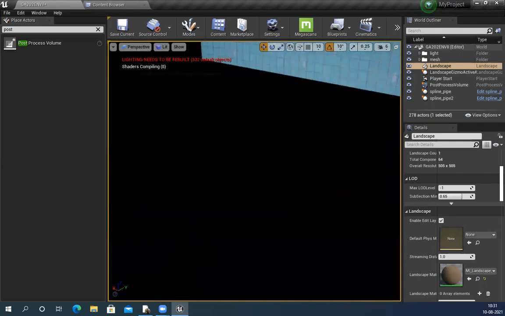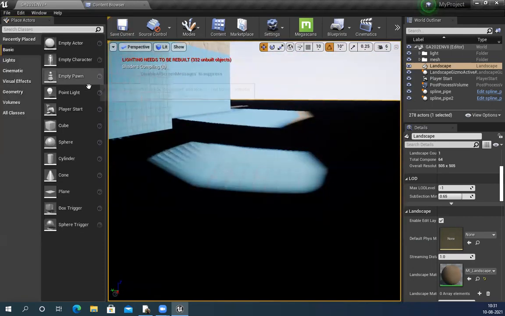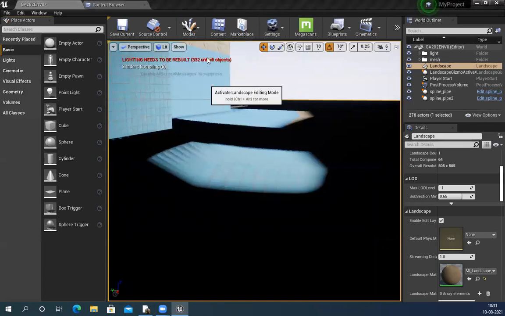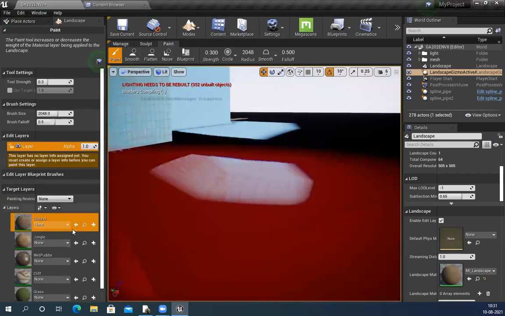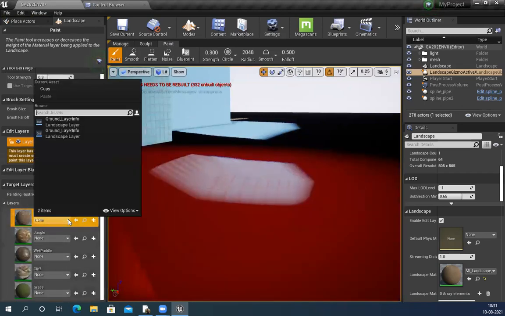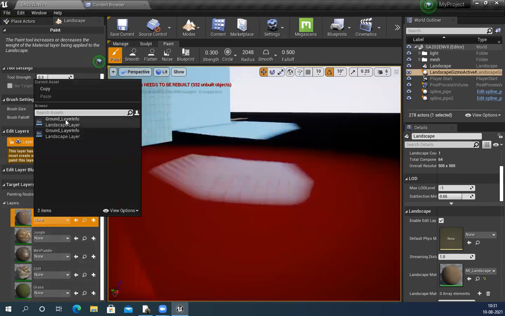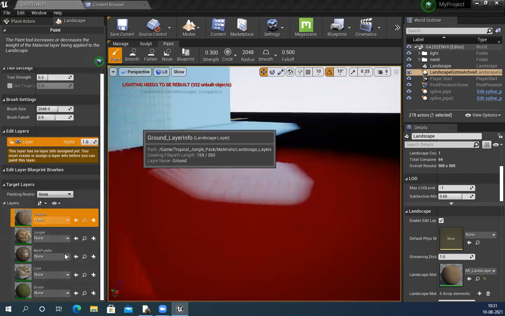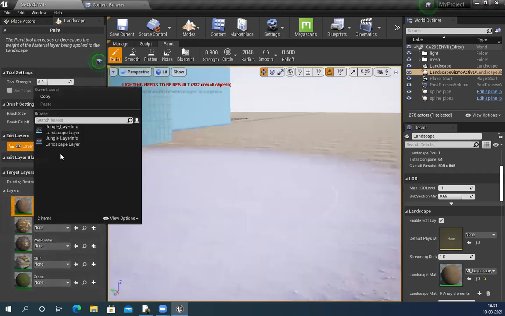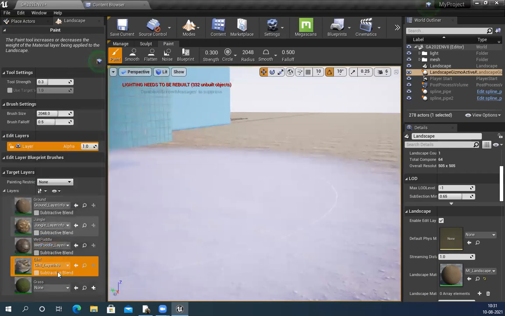You can see the entire landscape becomes super black because you have to generate all the layer information. So go to landscape, paint, and you can see I have all these options. So I have to create them. These things are already existing.